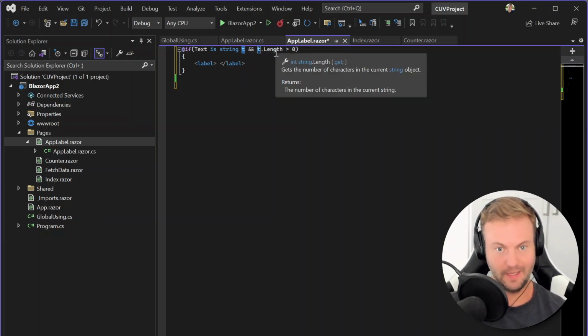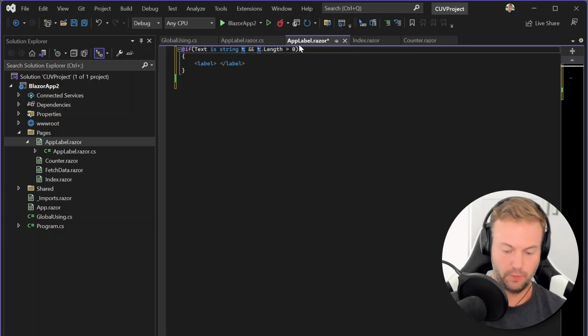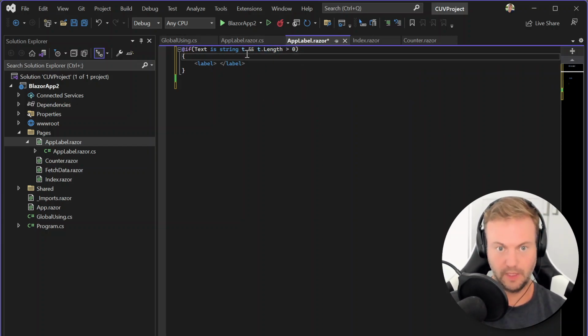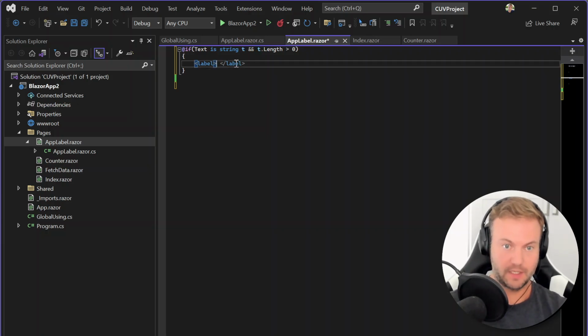And if t length is greater than 0, we're already calling t dot length, so it's not null, so you wouldn't have to do something like that, because the pattern matching does a null check. So this is saying if it's not null and it's a string, save it in this variable, and then if the length is greater than that, then we're just going to write